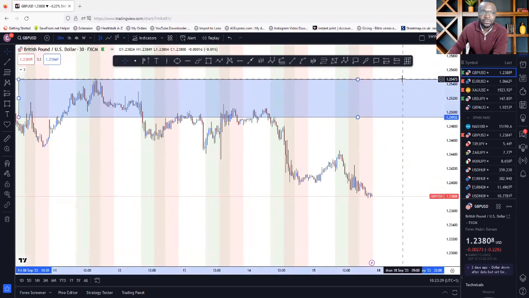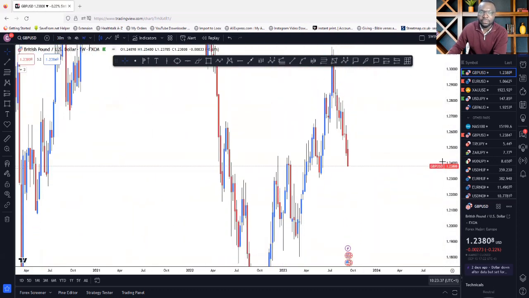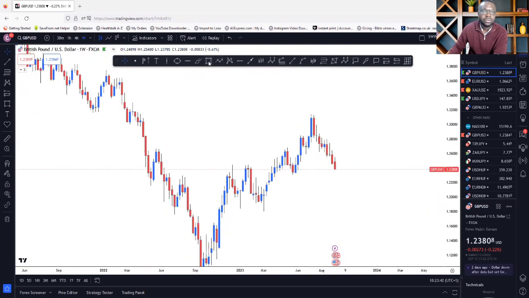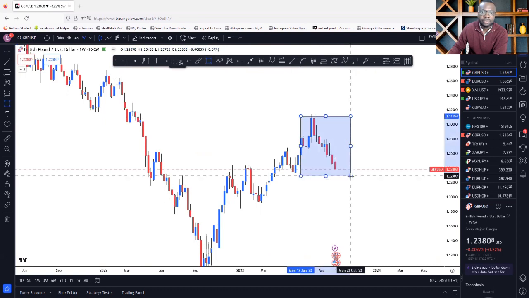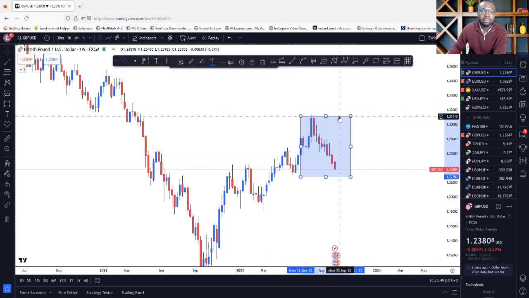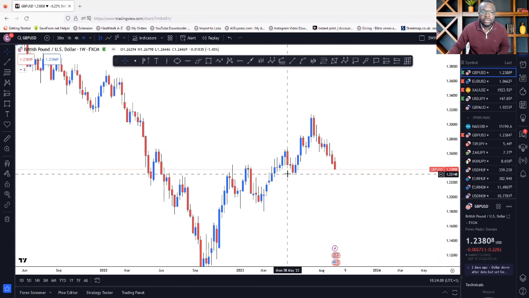Let's go back to the analysis. Let's go back to the weekly. I've already showed you the weekly time frame. The weekly time frame is very bearish, strongly bearish. So GU right now is bearish. So what we see on GU is this movement here. What that means is that the market wants to go down the more. But it's not guaranteed yet. It's not guaranteed on the weekly because we still have a structure here that needs to be identified. We have market structure here that needs to be taken care of.